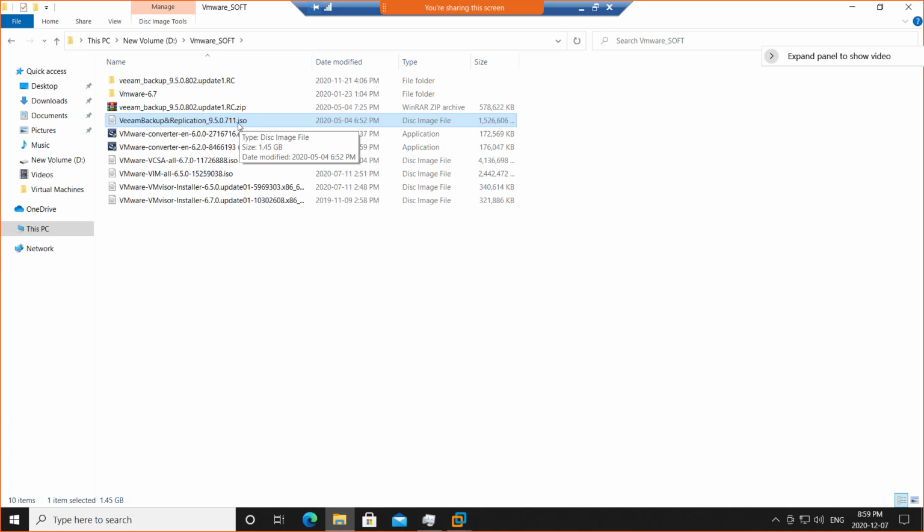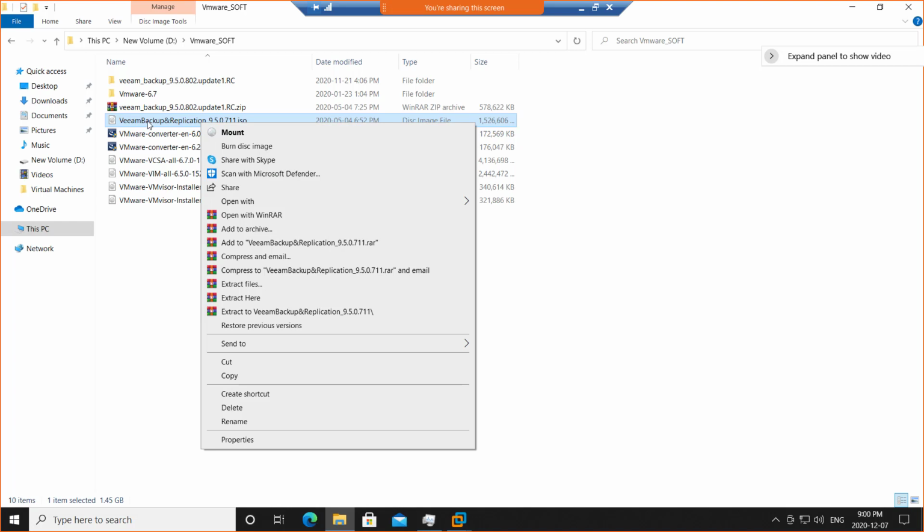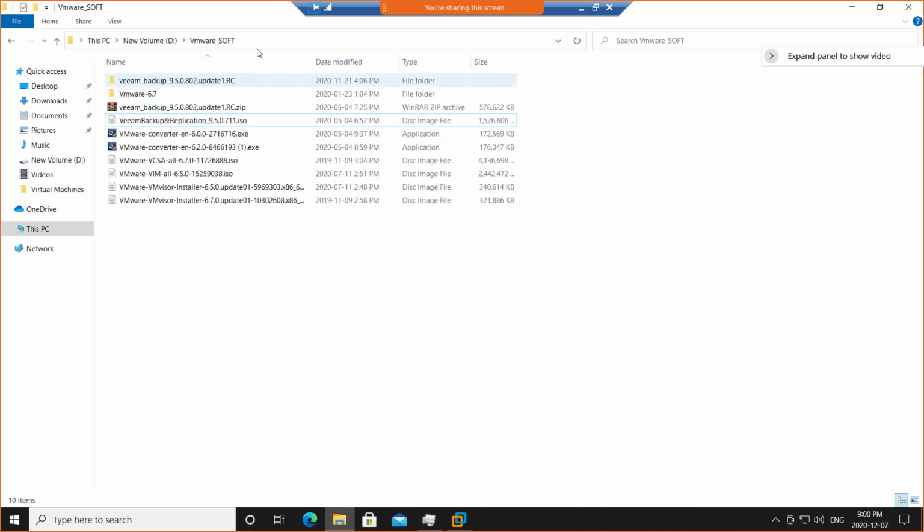I'm going to attach it to the DVD of server 2, and I'll copy that. If some of you were not able to download it, then during the week after the video is released, you can follow up with that too, although it's not a very big file. This Veeam Backup and Replication is already there in my folder. I'm going to attach it to my server 2, the vCenter machine.